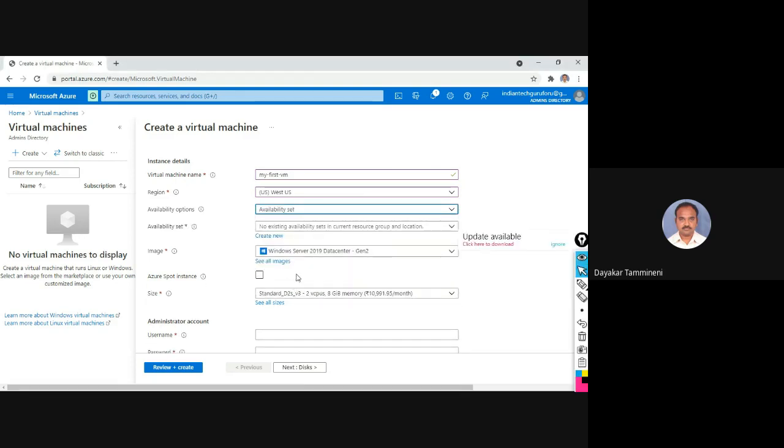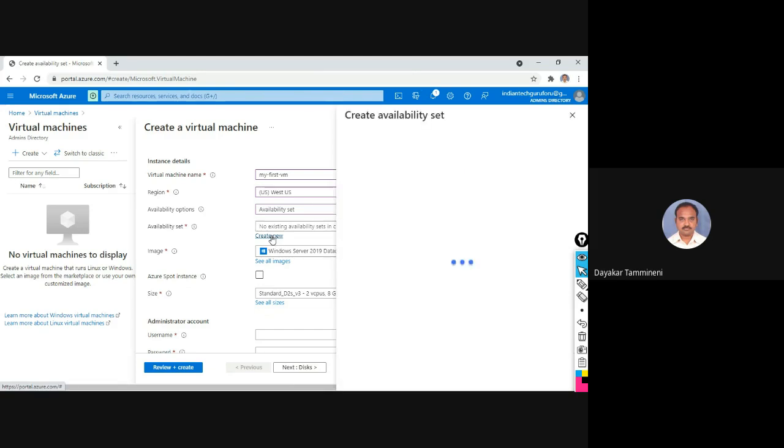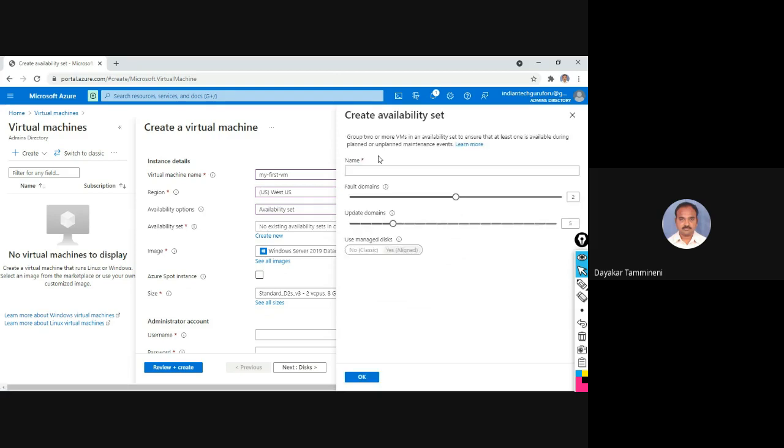I have selected the availability set option here, and just click on create new. Then it will open another window, create availability set, asking to select fault domains and update domains. To create the availability set, first we should know what is meant by fault domain and what is meant by update domains.